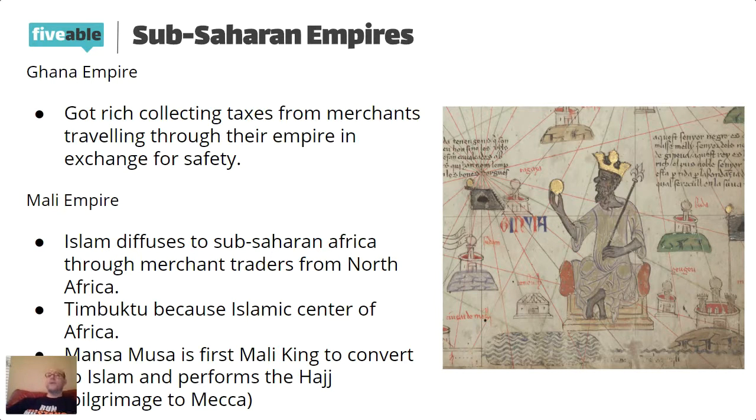These are powerful empires that it was in their best interest to keep the Silk Road routes safe and profitable so that merchants would travel, so that they would bring money into their region and that their economy would flourish. So when these empires collapsed,